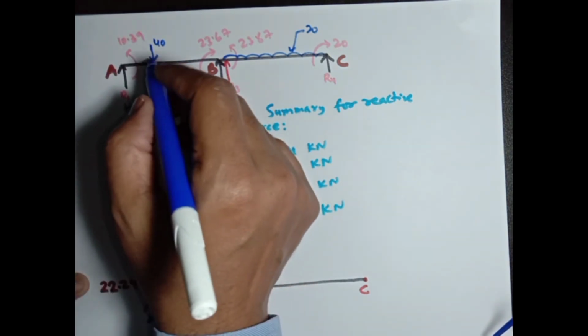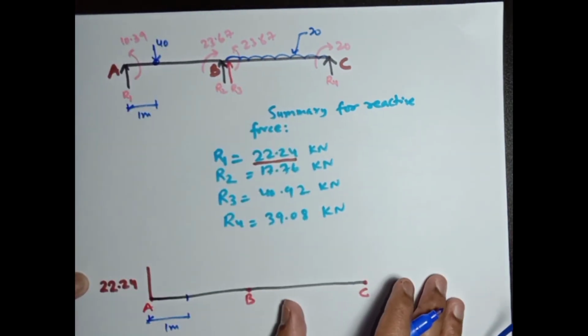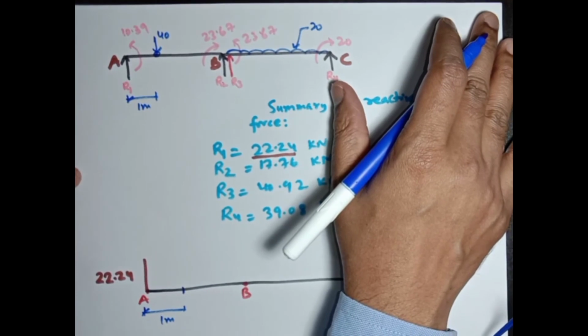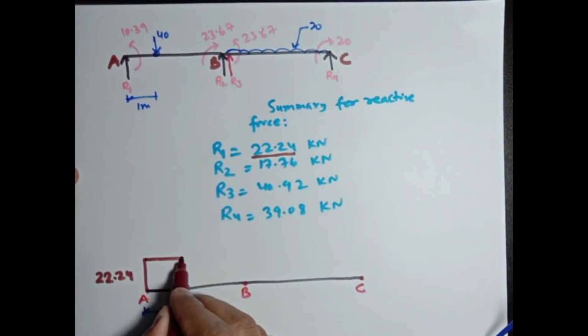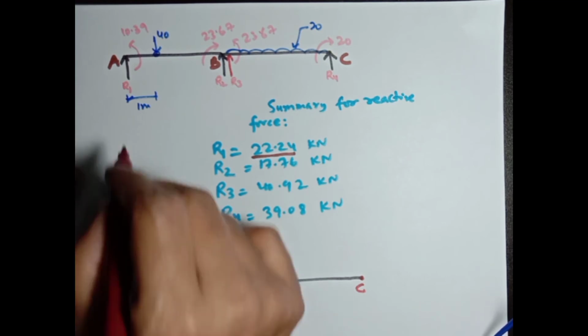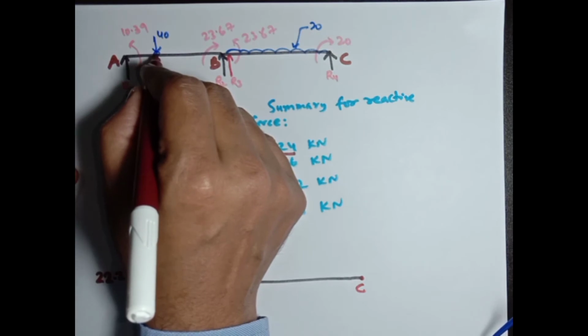So there will be a change of shear at this point only. So it will give a constant shear value of 22.24,